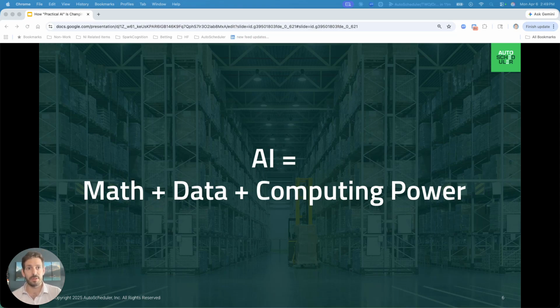Artificial intelligence is our ability to take mathematics and advanced mathematics and algorithms, combine that with existing data, and that is our data that we own, data that is available to us, and computing power. So some CPU, GPU cycles that can actually run that data through different types of mathematics to produce some measure of outcome. And there are all sorts of different types of outcomes we care about, but we're going to make this really practical for you guys moving forward.